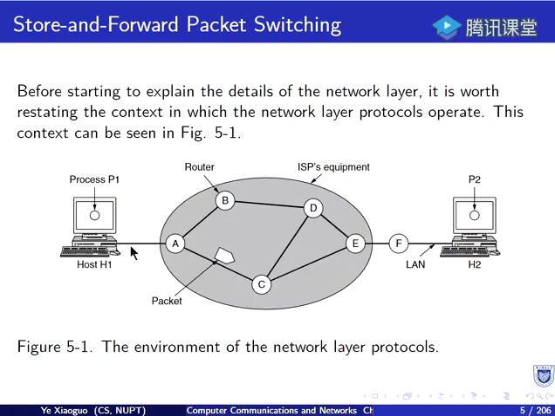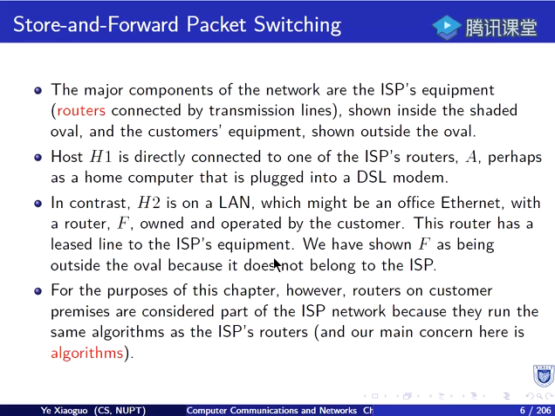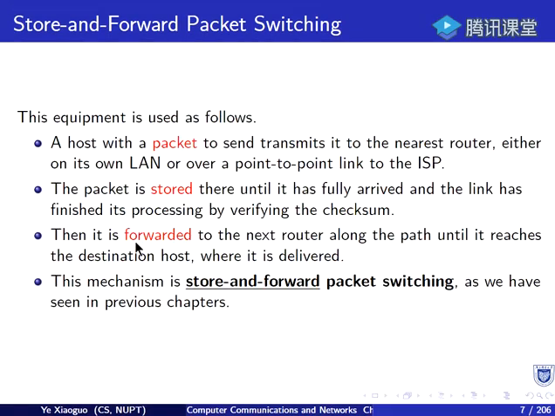So a packet delivered to router A is delivered to the next router, C. So it is forwarded to the next router along the path until it reaches the destination host, where it is delivered. This mechanism is store and forward packet switching, as we have seen in the previous chapters. So this mechanism is called store and forward switching,